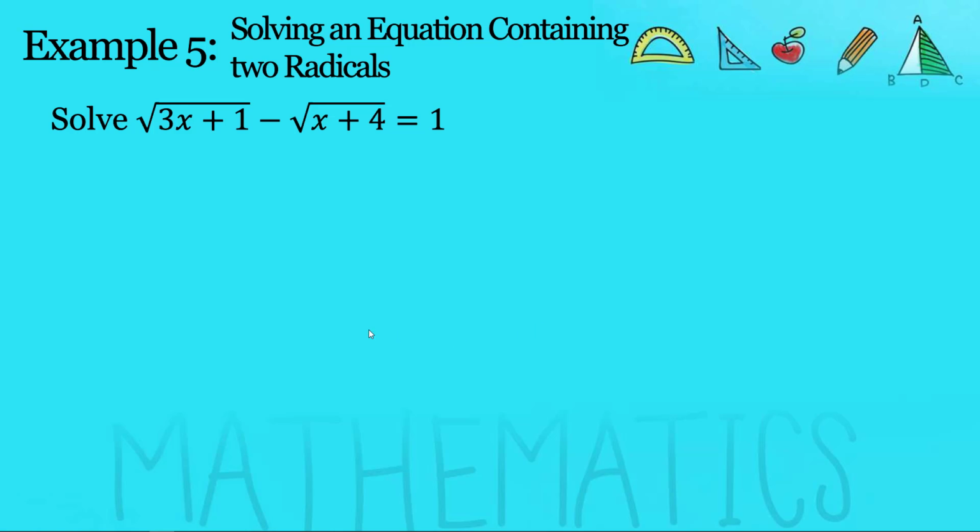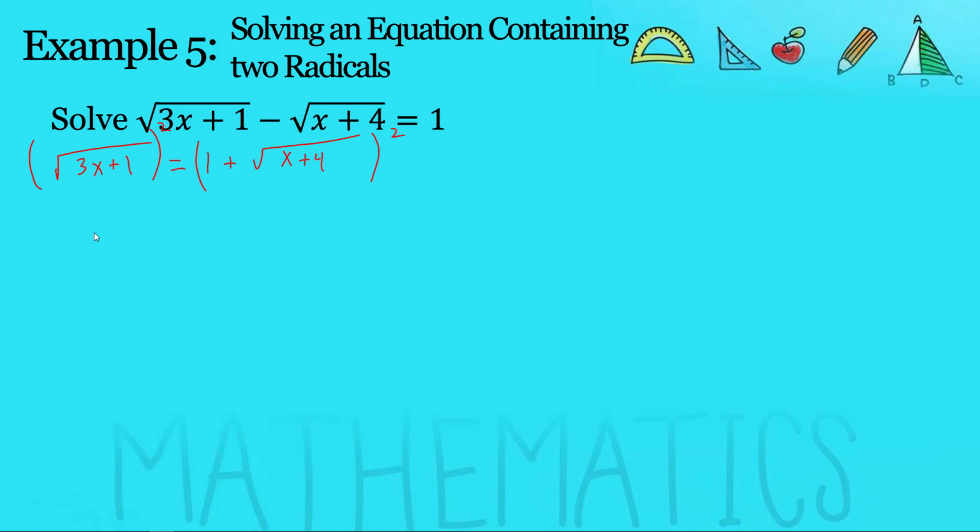Okay, here is another example. And once again, to solve this, remember what we need to do is isolate one radical on one side of the equation, and then since these are square roots, we want to square. So I'm going to add the square root of x plus 4 to both sides, and that will give me the square root of 3x plus 1, and that'll be equal to 1 plus the square root of x plus 4. Now I'm going to square both sides, and if I do, I will at least get rid of this